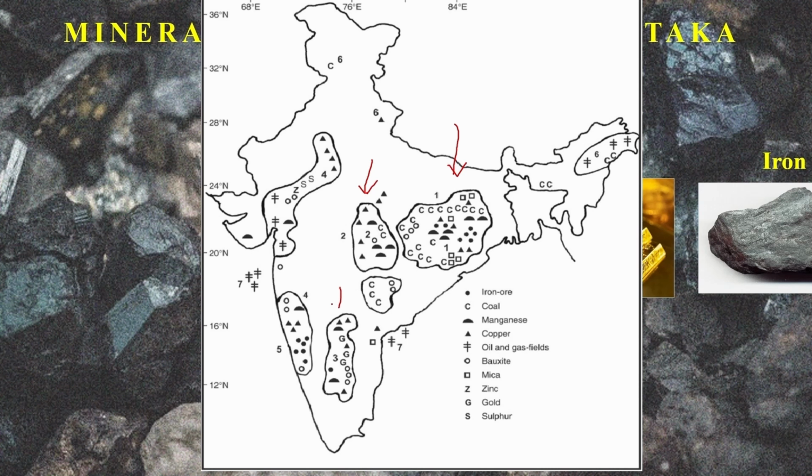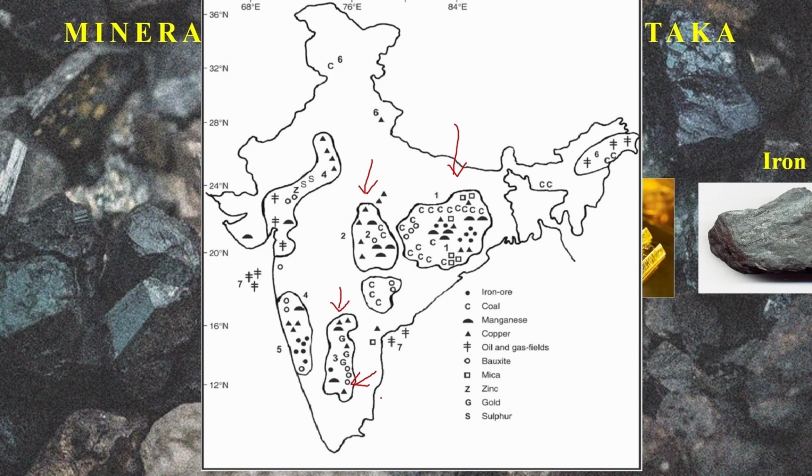Next, we go to the third belt, that is known as the southern belt. It contains ferrous mineral resources, but it does not have any coal reserves. The southern belt, the southwestern belt, does not have any coal reserves, but it has ferrous minerals. There are two plateaus here where it can be found, that is the Karnataka plateau and the Tamil Nadu upland. This region is the Karnataka plateau and this is the Tamil Nadu upland region. Both these places have ferrous minerals.